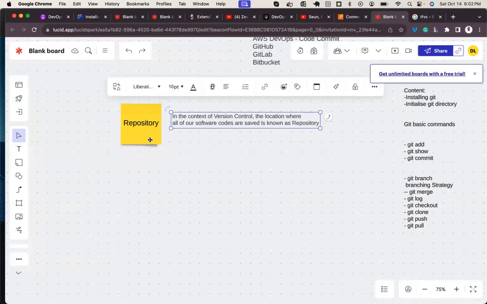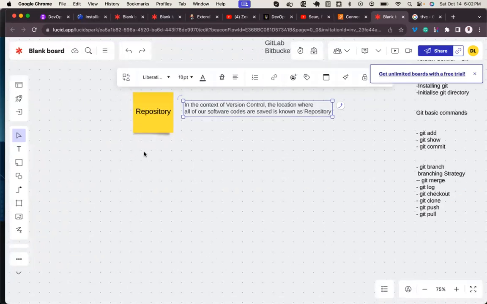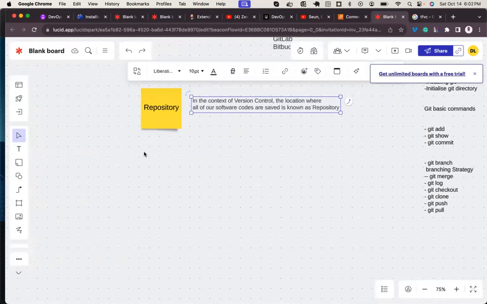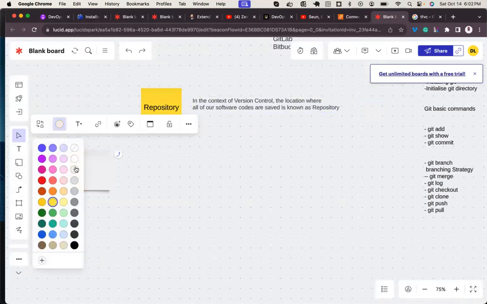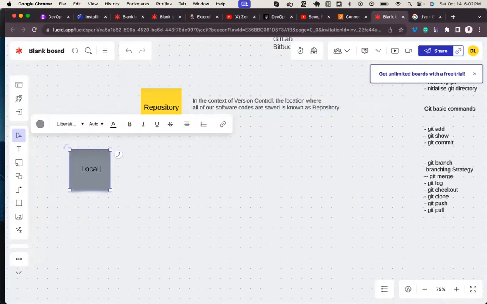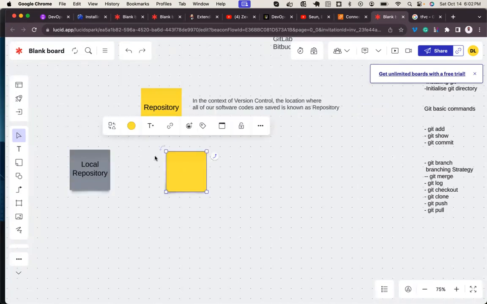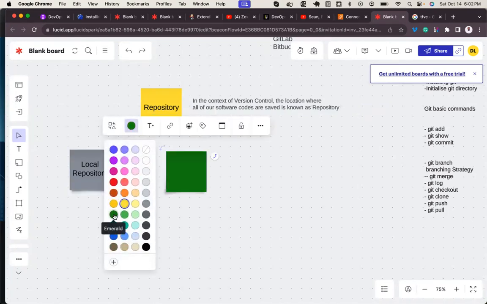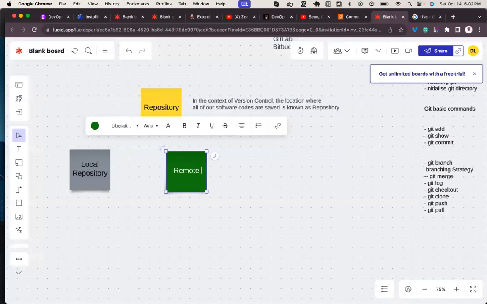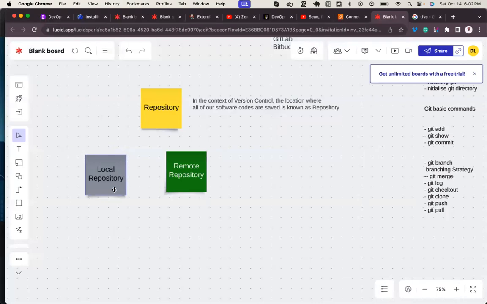Now, in the context of version control, we have two kinds of repositories. We have a local repository and we have a remote repository. Guys, pay attention now.